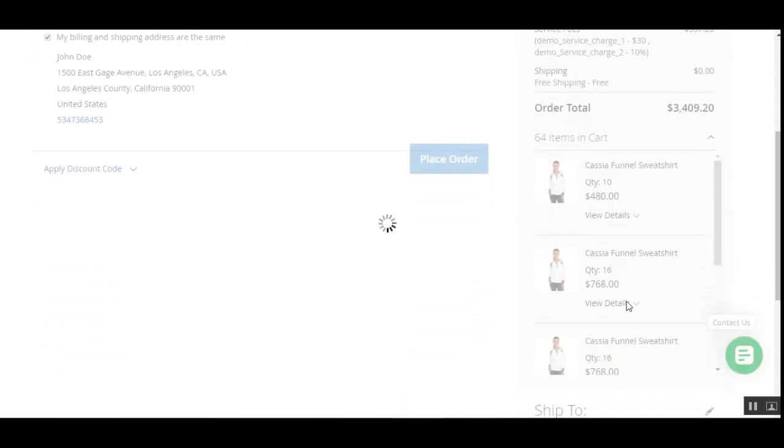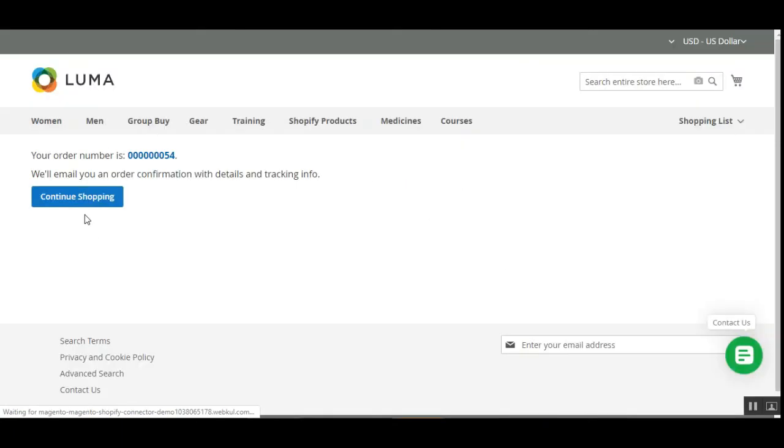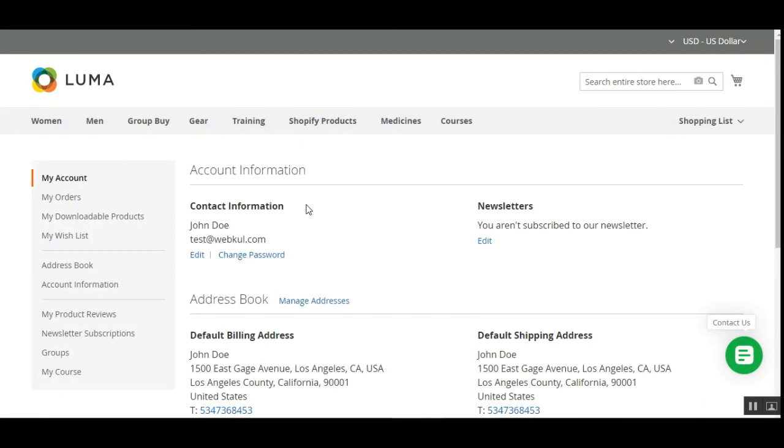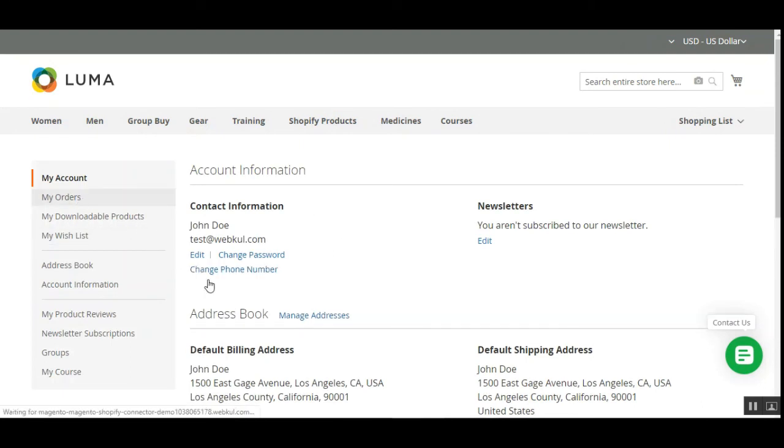So on the right hand side you can see all of the 64 items in the cart with their quantity and their price for each of the variations that we have chosen. So the order has been processed, and the order number is 54. Let me check my order by navigating to my orders section. So I'll go to my orders section,